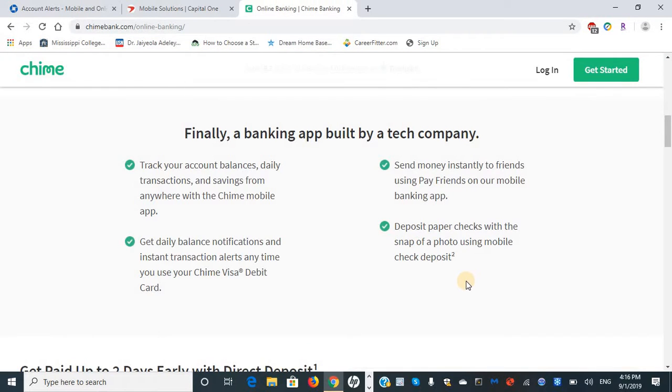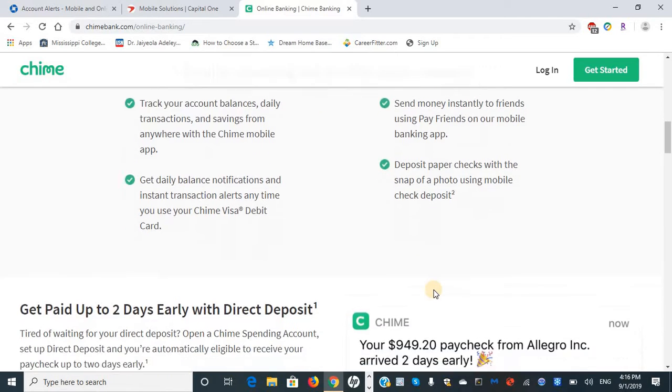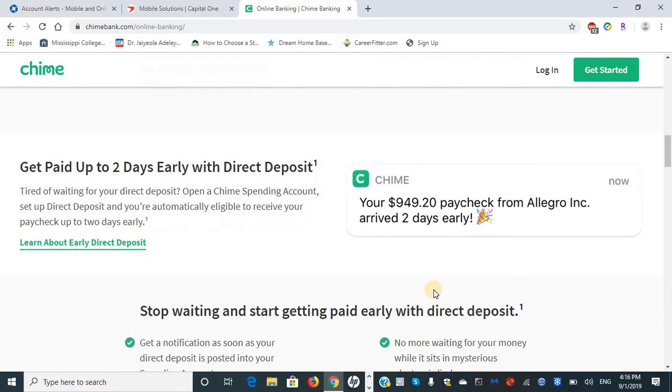They use their own special cash app feature, which is Pay Friends. And next, a person can deposit paper checks with the snap of a photo using mobile check deposit. As we scroll down, a person can get paid up to 2 days early with direct deposit,